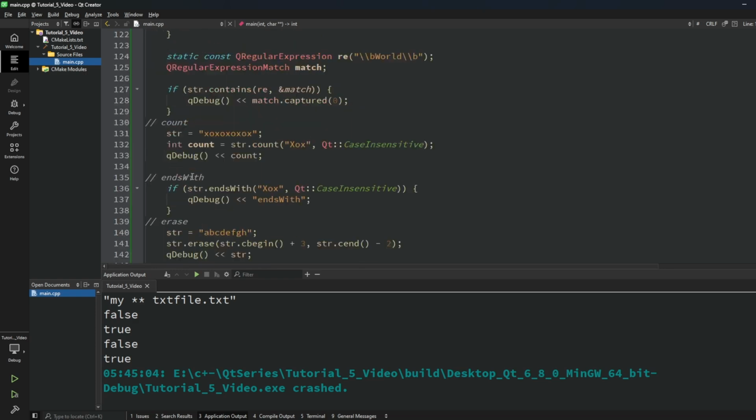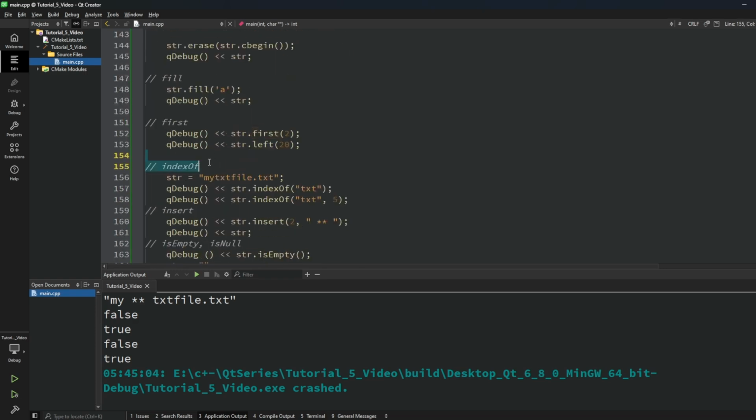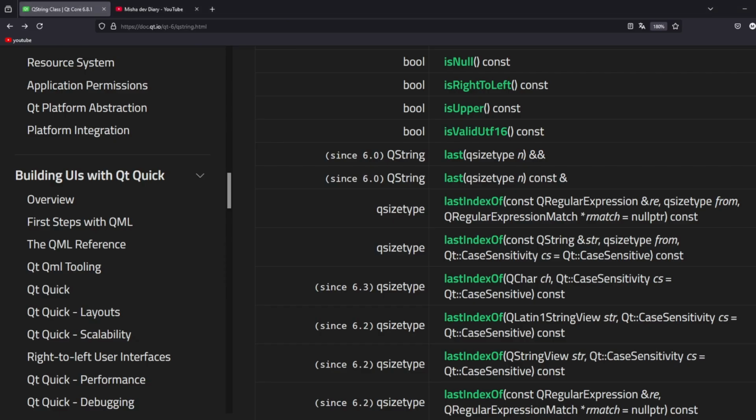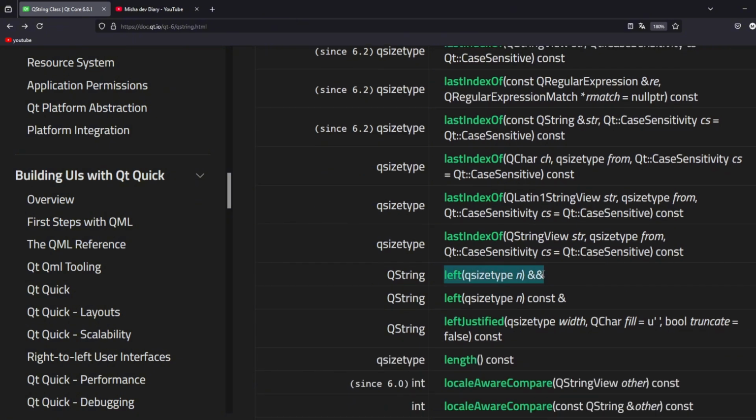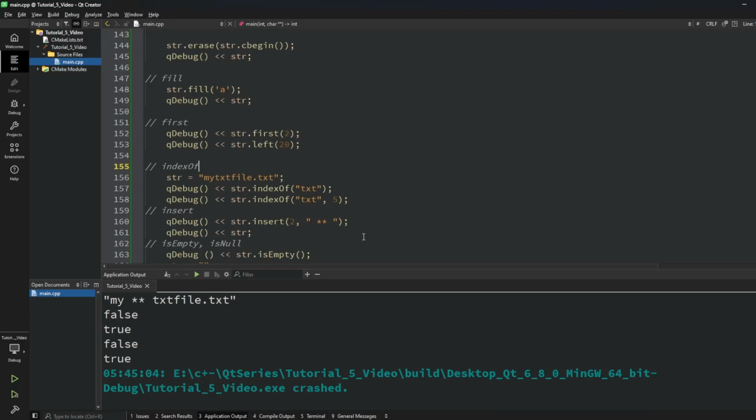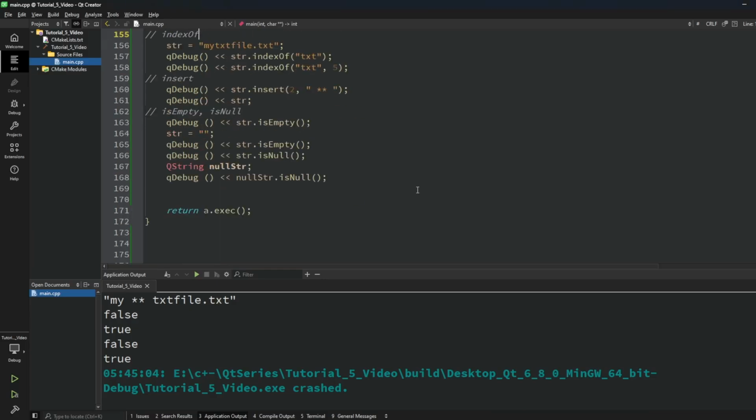So first is just indexOf, where indexOf, but from the end, exactly the same way. Then we have left, and I think I showed you before, but it returns a substring that contains n